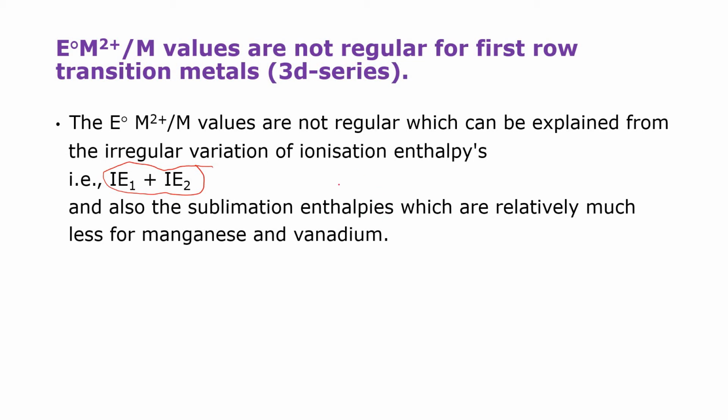In this, for example, when you observe copper, IE1 is less when you compare with copper IE2. Why? Because in copper IE2, which electron do you have to remove? A completely filled electron. So when you want to remove a completely filled electron, the energy must be high. Whenever you get a half filled configuration, energy must be high. That is the reason. Based on the variation of IE1 and IE2 values, the sublimation enthalpy is also helping the irregularities in the values here.